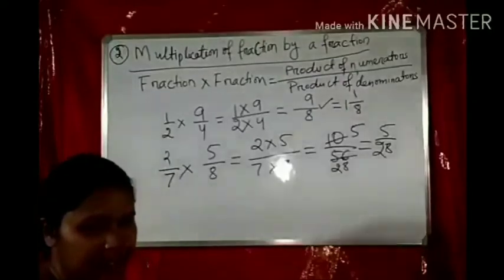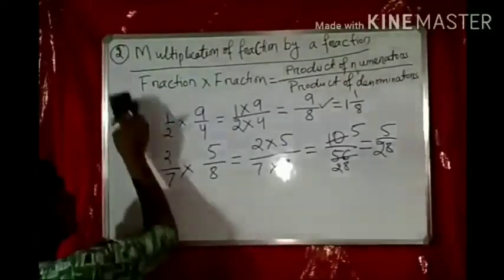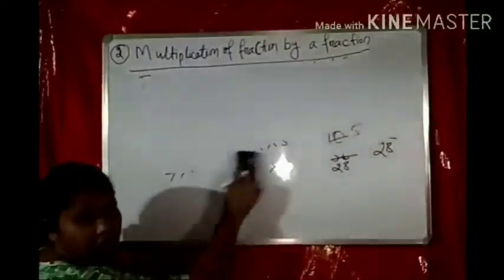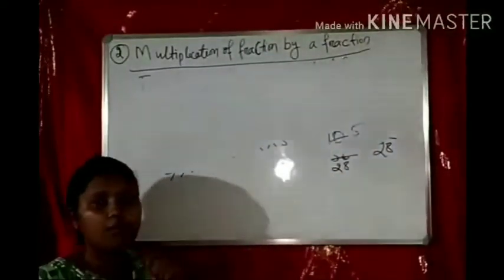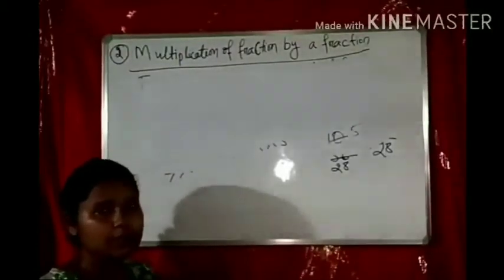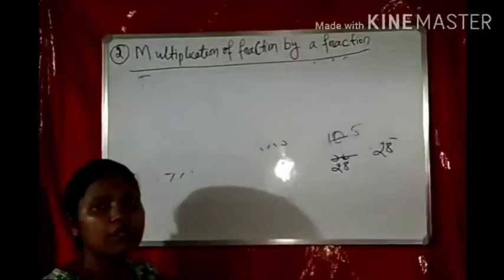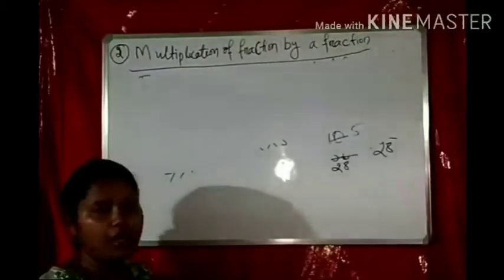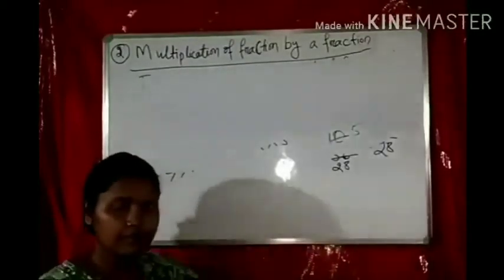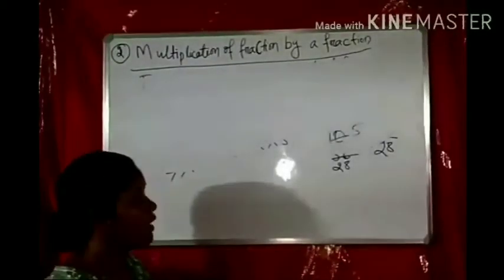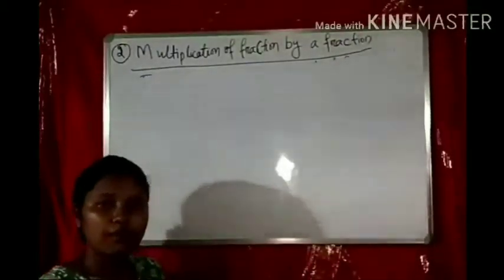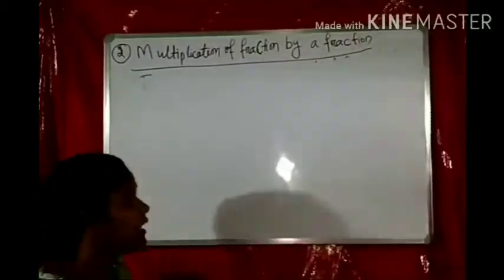So let's see example number 6. In example 6, it is given Sushant. Okay, I am hoping that all of you have got the books. If some of you have not got any books, then you can go to school and you can take the book from the school. So you can see the example. I am not writing each and every example question. I can't write it on the blackboard. So you have to see the book.